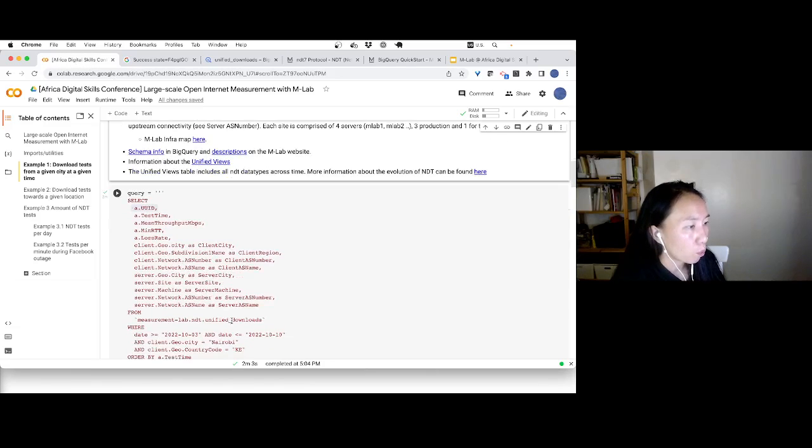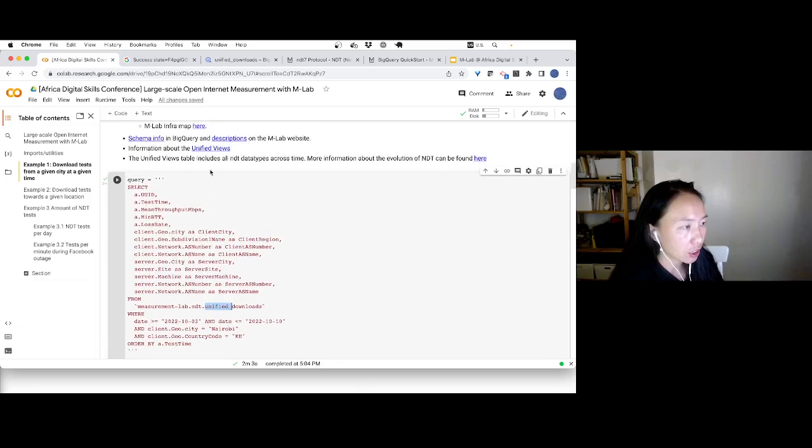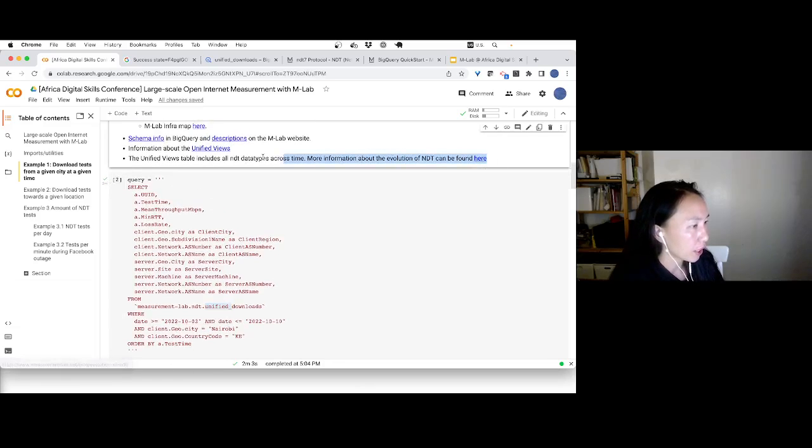And then one thing to note, as we go down here, we tell SQL and BigQuery where we want to get the data from. This is the table, and the first thing you'll note is that it's the download table, and that is specifying only download tests, only tests from the server to the client, server sending data to the client. The other thing you'll note is that there's this prefix called unified, and I don't want to get too much into the weeds of this today, but essentially there is a blog post that